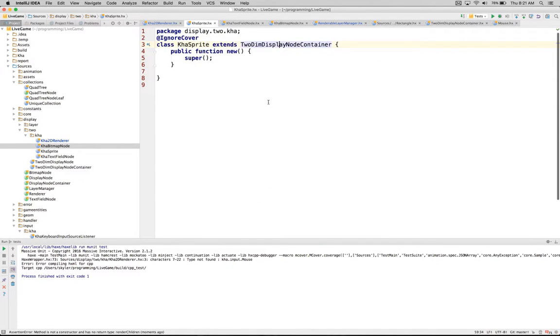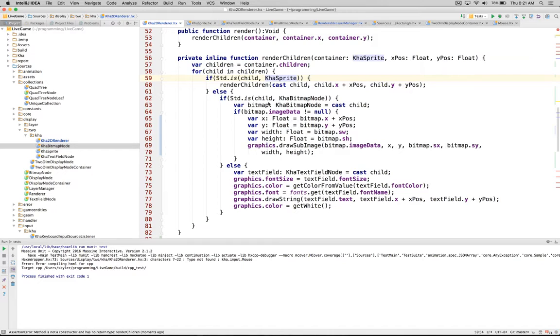So the width and height does not take an effect of its children. So I'm going to say